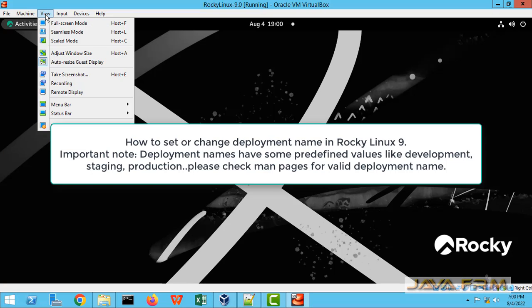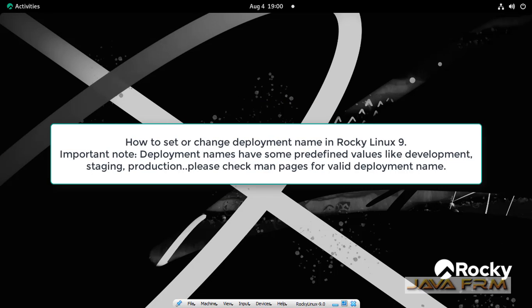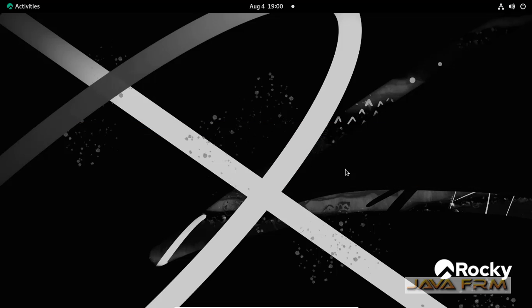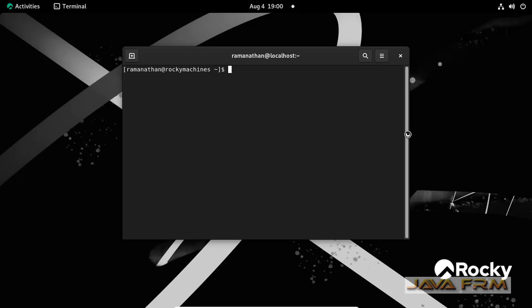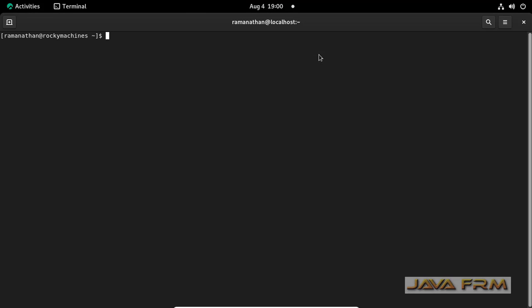Welcome to Java Forum. Now I am going to show you how to set the deployment name in Rocky Linux 9 operating system. A deployment name is nothing but, in a development stage, that is in software development, there are many phases, that is